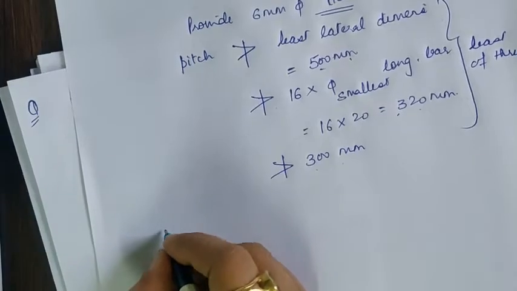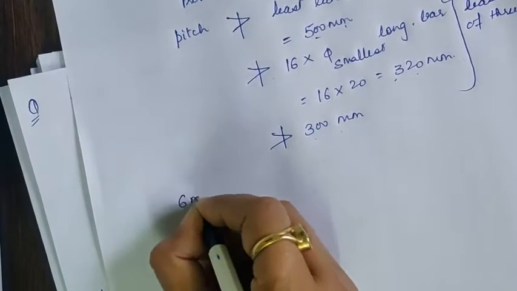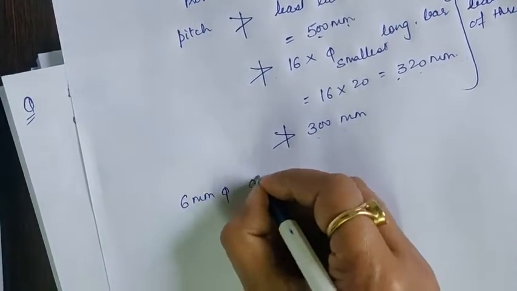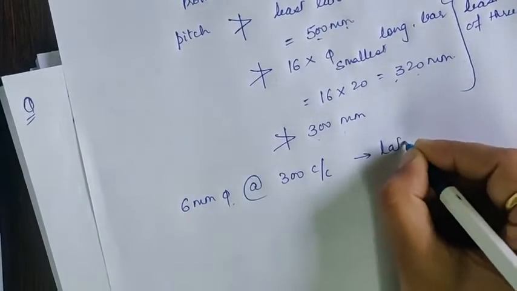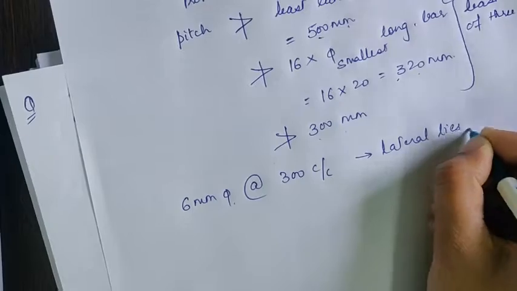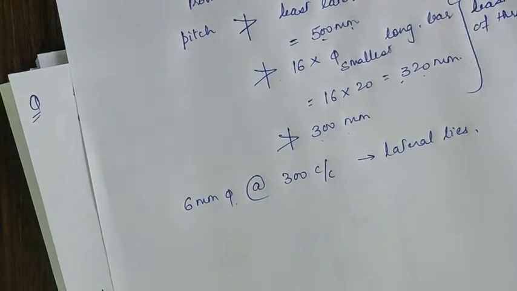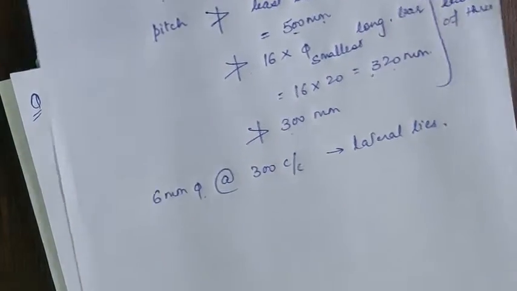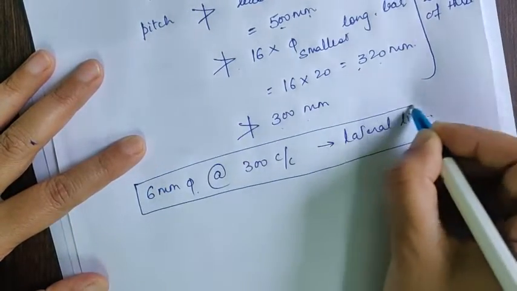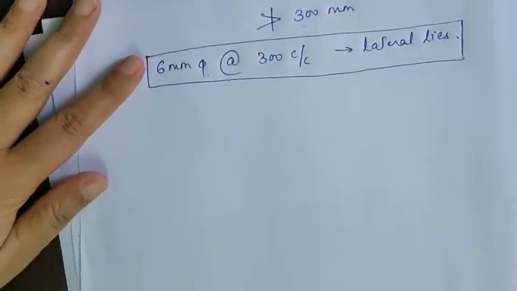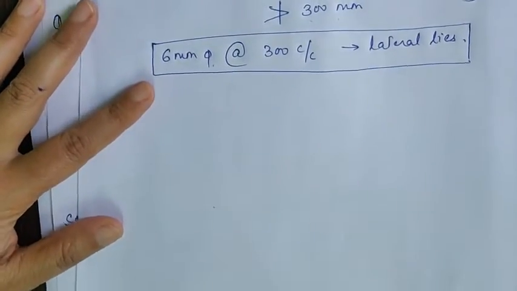So what I am saying is we will be providing 6 millimeter dia at the rate of 300 center to center lateral ties. So our design is complete. We have decided the cross section, we have decided the longitudinal reinforcement, we have decided the ties. Now how do we draw the detailing? For the detailing,